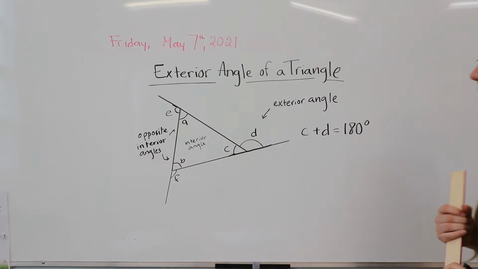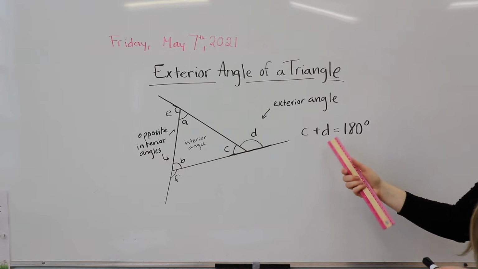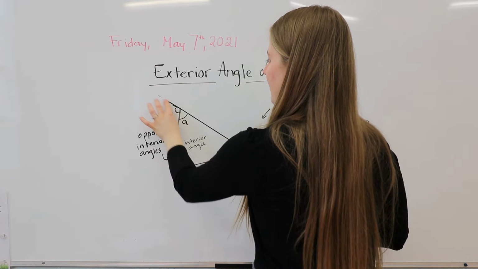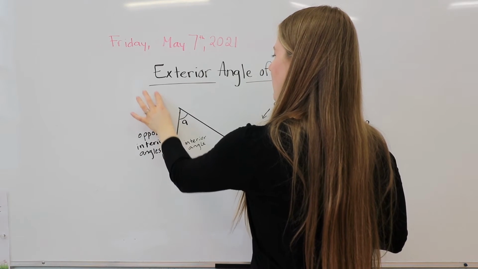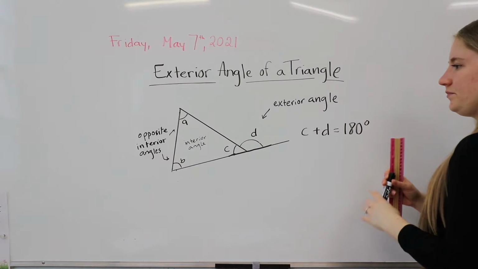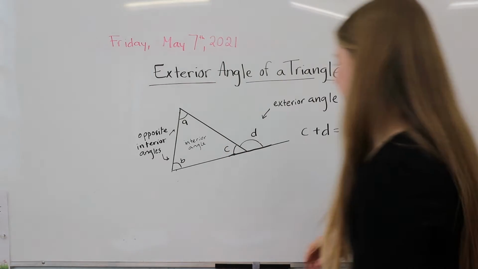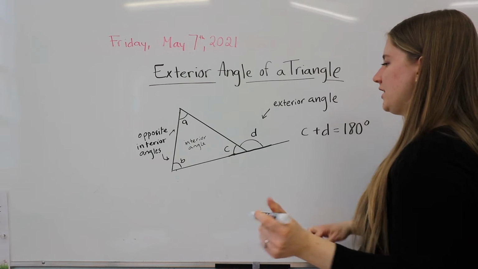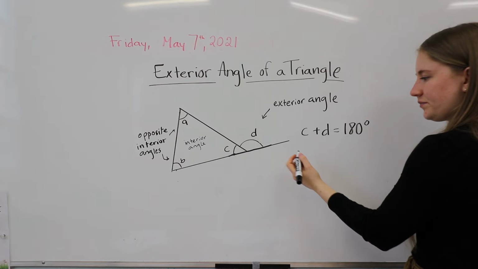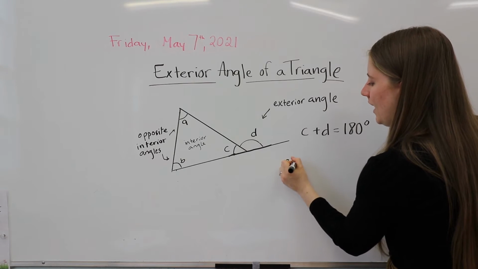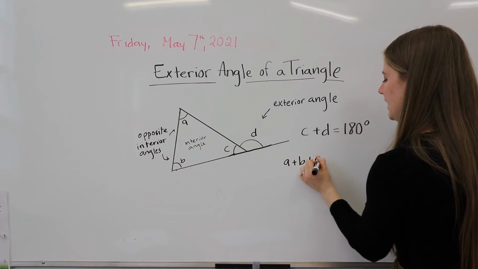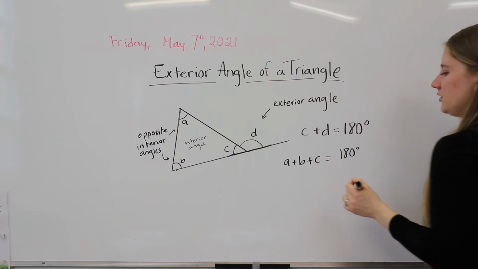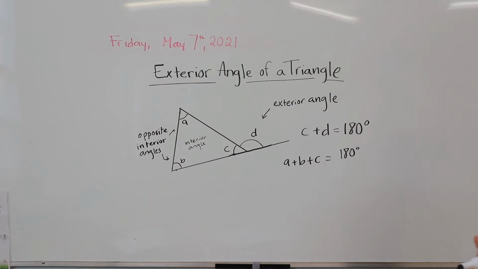So we know that C and D equals 180 degrees. And I'm just gonna tuck away F and E because we don't need those for now, because we're gonna look at this. Okay, you know that C and D form an angle value of 180 degrees. But we also know that A plus B plus C, these are all of our interior angles, also equals 180 degrees. Okay,